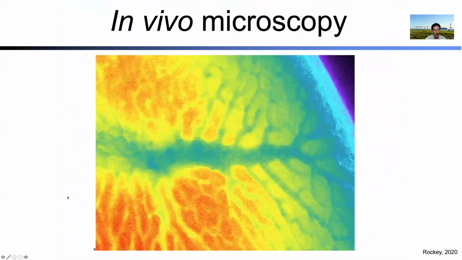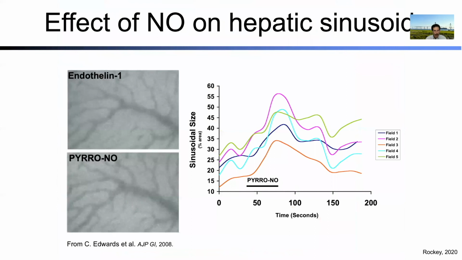We have been very interested in blood flow in the liver as well. This is the edge of a pseudo-colored mouse liver, and you can see here the capsule. This is a terminal hepatic venule. These are sinusoids, and we have shown, this is work that Claire Edwards did, we have shown very nicely that